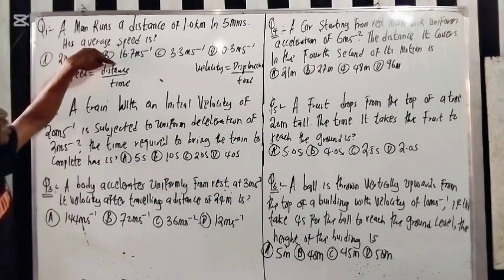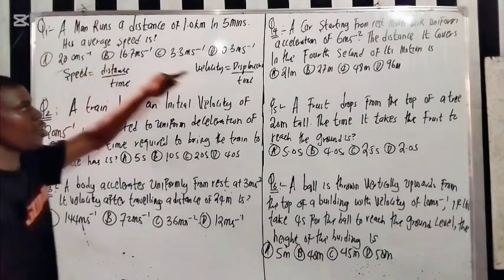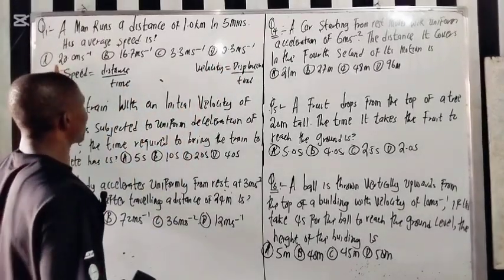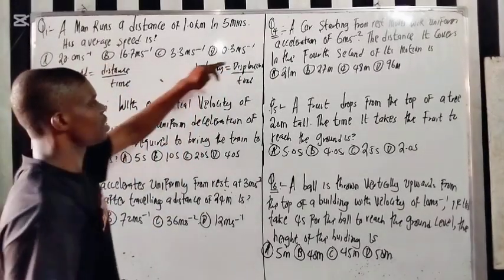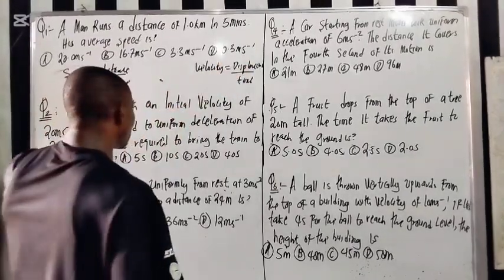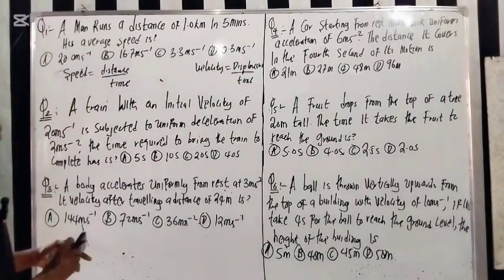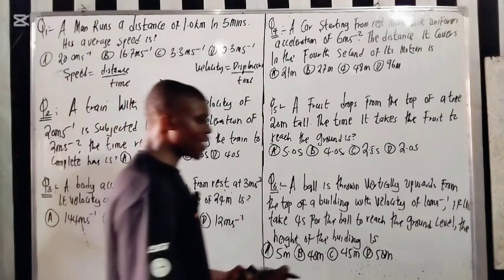Distance has no specific direction, but displacement has direction. So the difference between speed and velocity is distance and displacement. Now if you look at the question here, they gave us